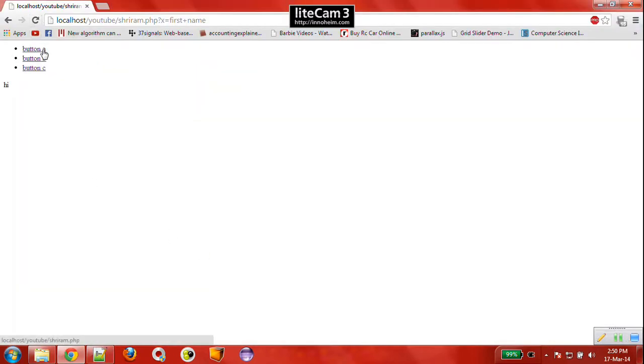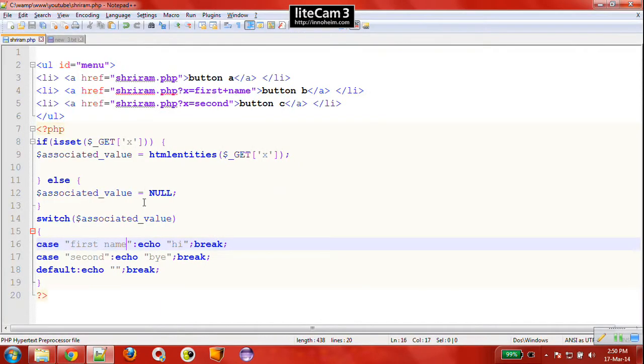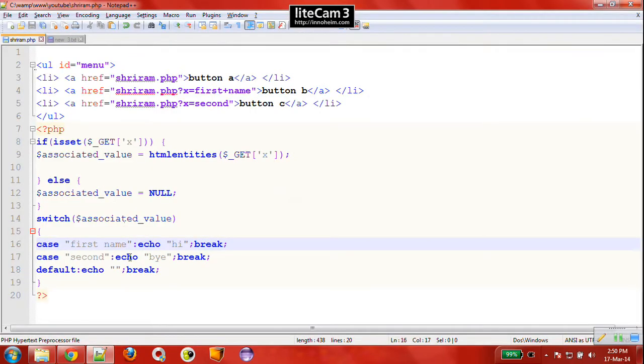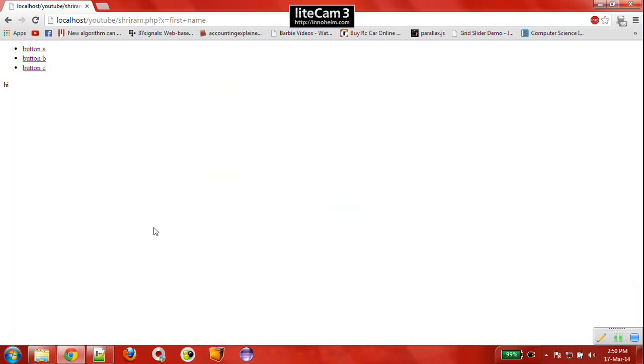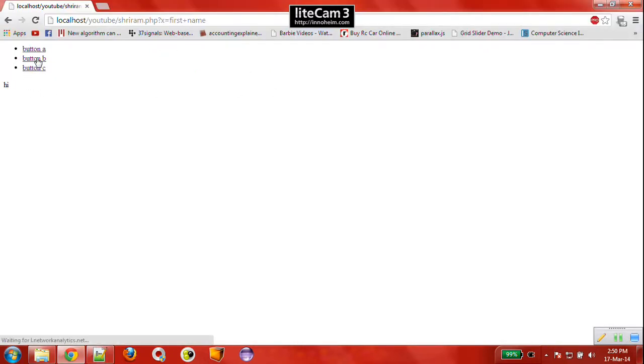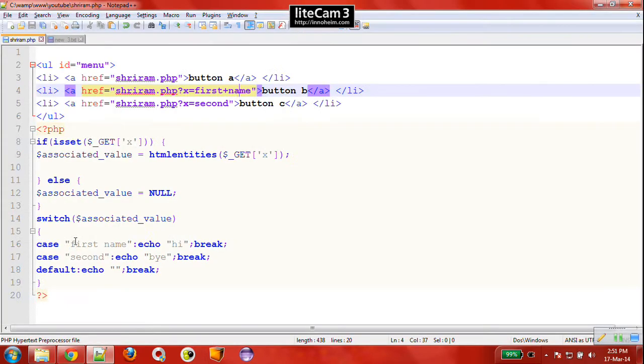When I click button A, shriram.php appears and it is default, so nothing is printed. When I click button B, hi is printed, and when I click button C, by is printed, as expected. When I send the request first name, hi is printed, which is sent by pressing button B. For button C the request second is sent, so by is printed.